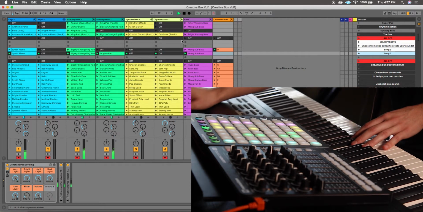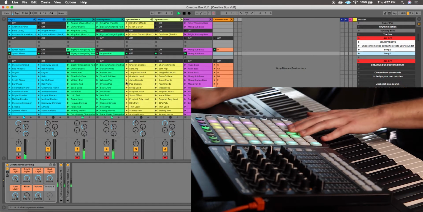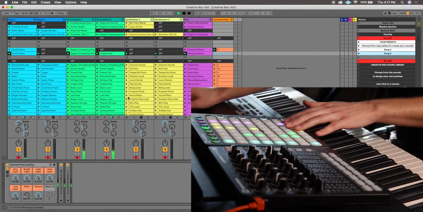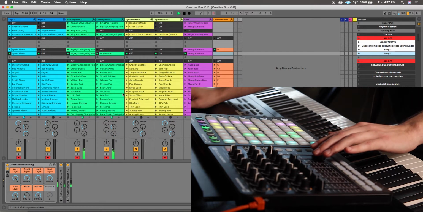And if I wanted to change a sound live, I could use my launch control to do that, or I could just simply bring the volume down on some